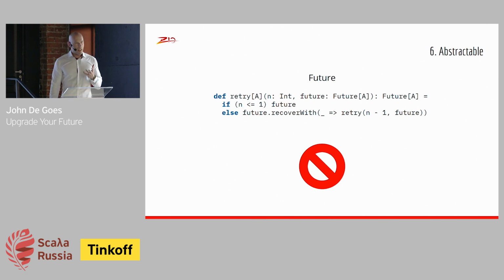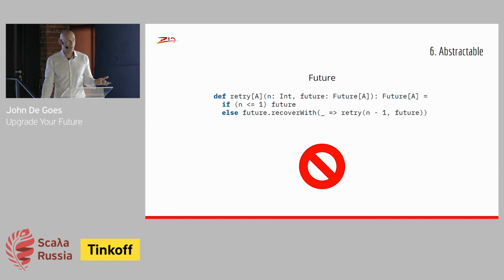Future is also a little hostile to abstraction. So in abstraction, we see patterns, and we want to eliminate duplicated code. DRY, it's called, don't repeat yourself. So you might have run into a situation where you needed to retry a computation a bunch of times. And it would be great if you could write a retry combinator to do that. So let's say we try to write a retry combinator here for Future that says, well, give me a Future and the number of times to retry, and I'll give you back a Future that does the first Future the specified number of times. Very simple, right?